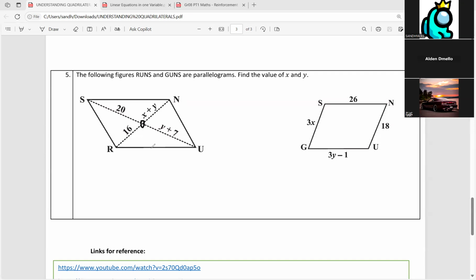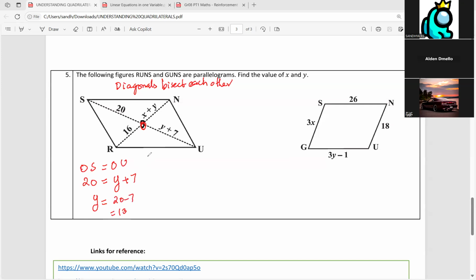Okay. So here, the diagonals of a parallelogram are not equal, right? Diagonals of a parallelogram are not equal. As you told, we can put O at the center. So diagonals bisect each other. That is the property we are going to apply. Diagonals bisect each other. Bisect means equal. So that means OS is equal to OU. What is OS? 20 equals OU, which is y plus 7, they have given. So from that we can find the value of y equal to 20 minus 7,